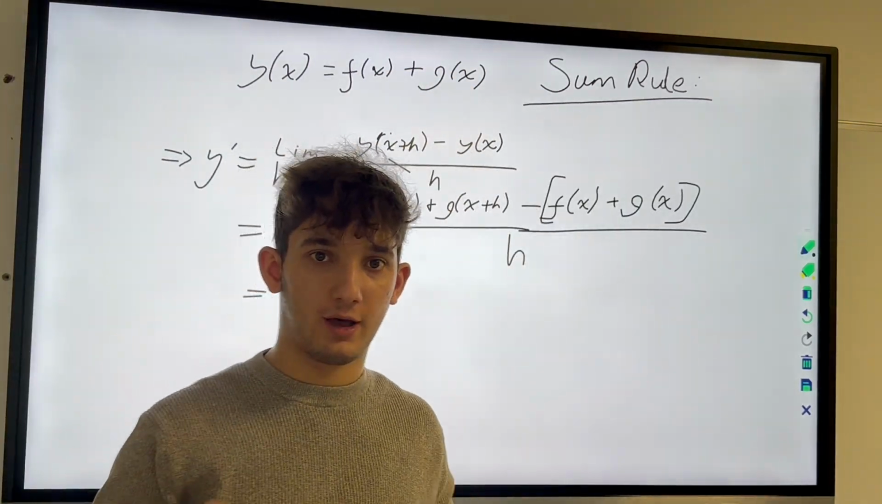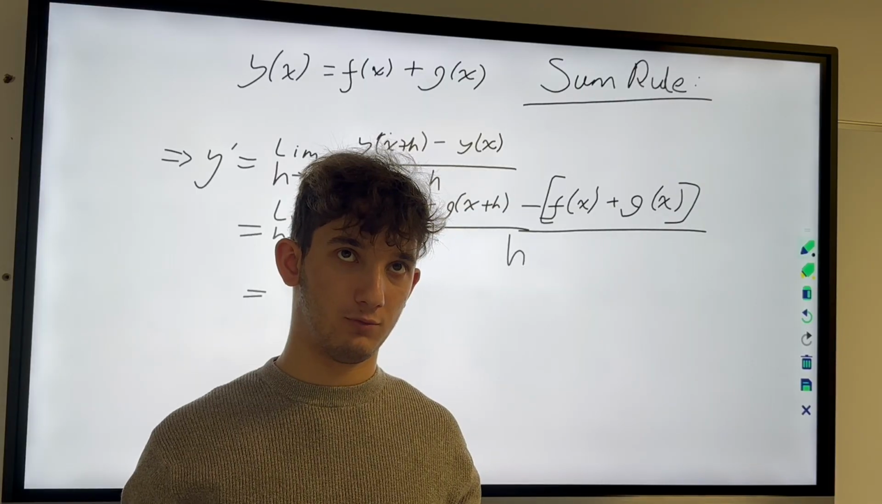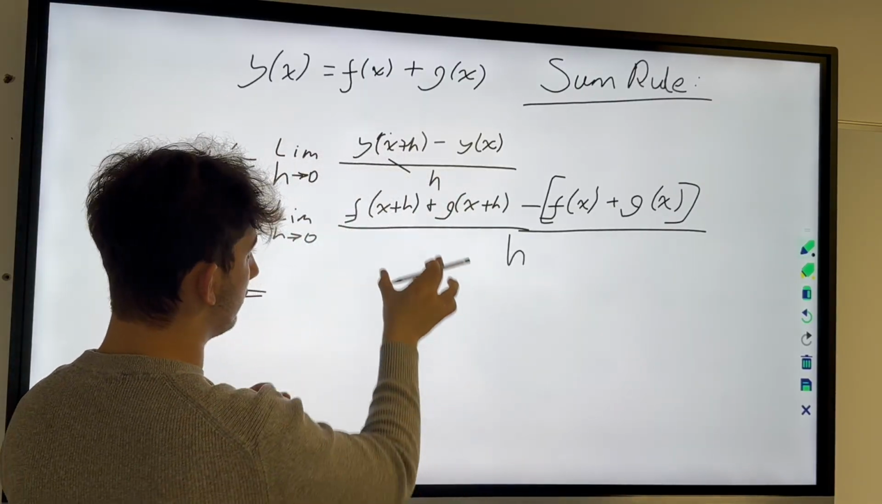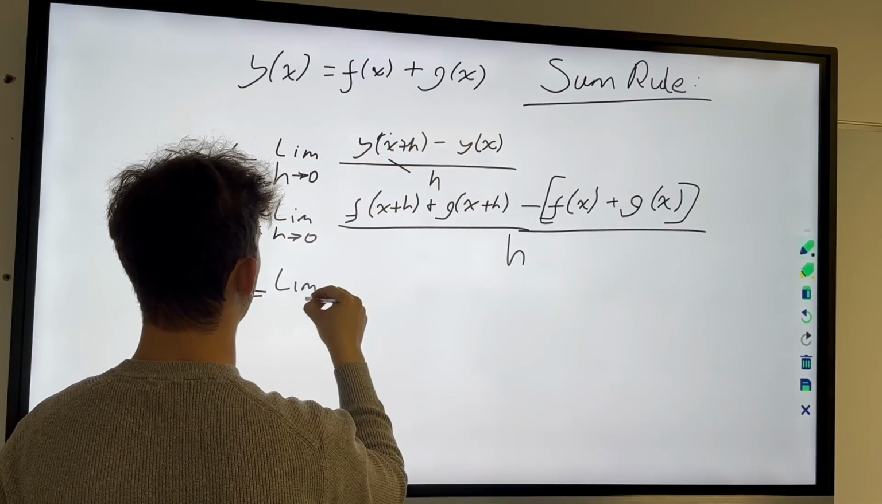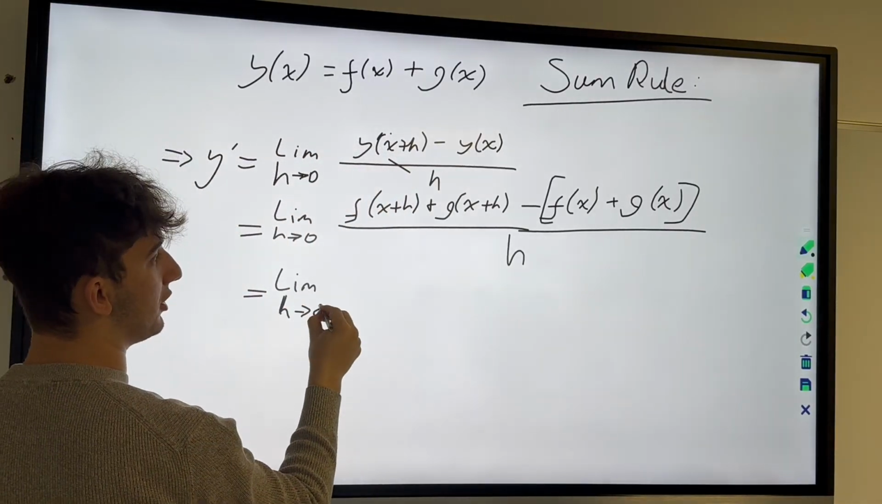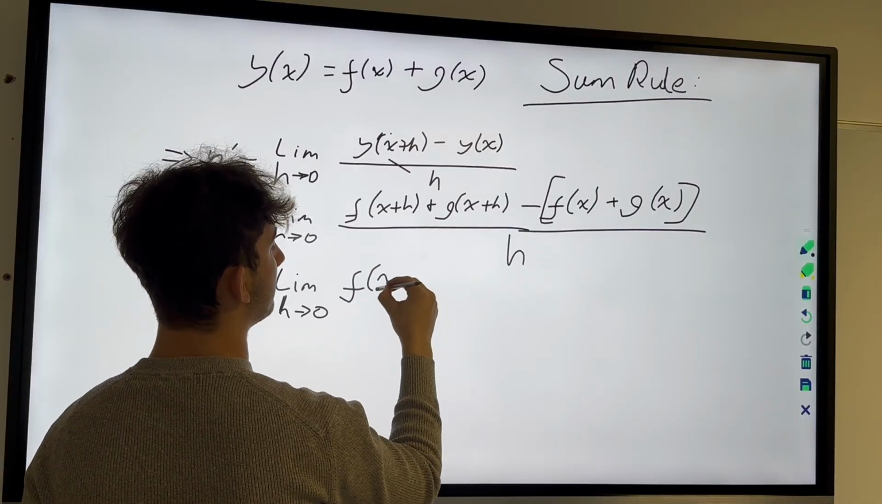At that point we can now separate what we've got into f and g, and you'll see why in a second. So if I take the limit as h approaches 0 of